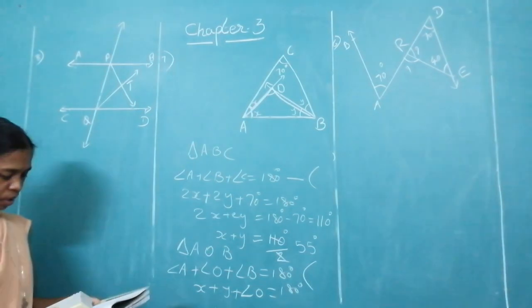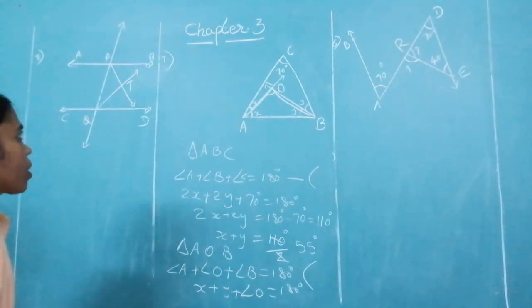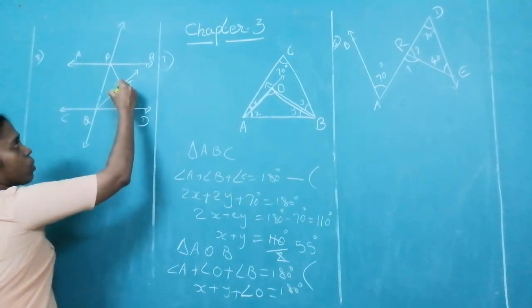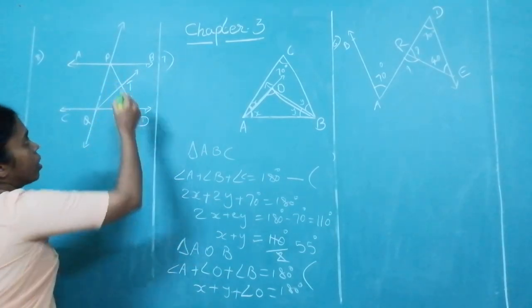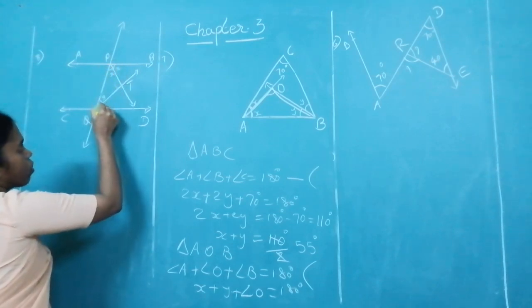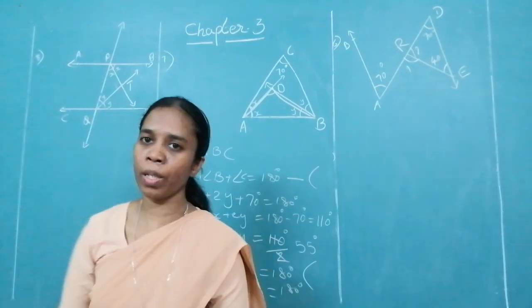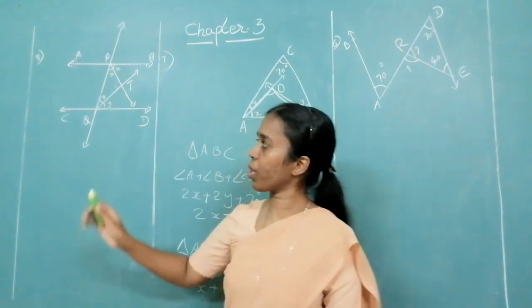What are you supposed to find? You have to show that angle PTQ is equal to 90 degree. Again, this is simple. Suppose I consider this as x. This also will be x because this is angle bisector. If this is y, this also will be y because they are angle bisectors. Now, how do you write the steps for it? Look at it.